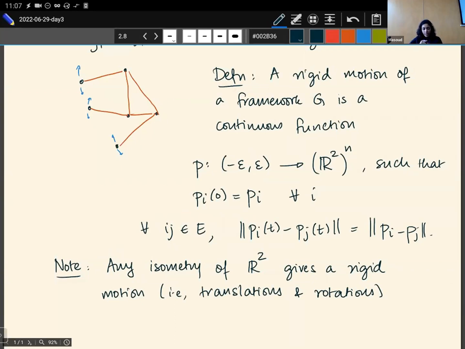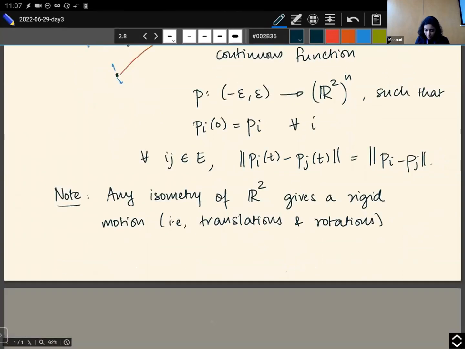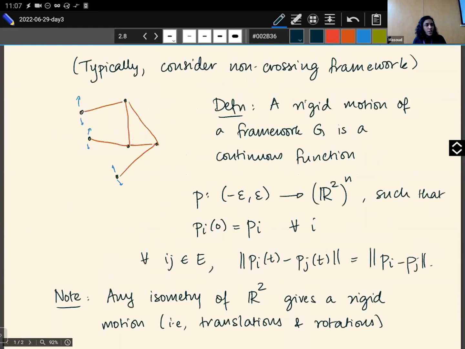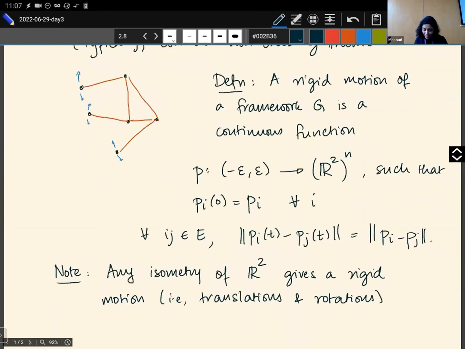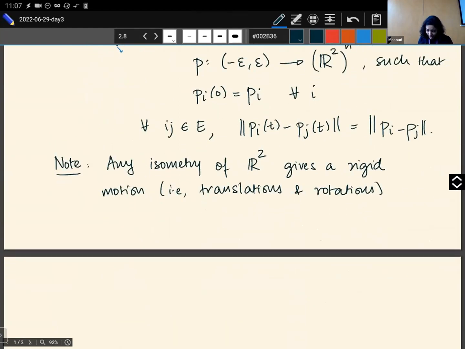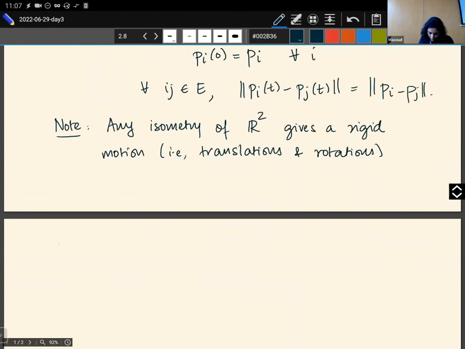So a rigid motion is really like a function in some local neighborhood of 0, okay? But I also want to think about an infinitesimal version of this. So that'll be like a derivative at time 0. So that's going to be an infinitesimal rigid motion. And of course, as you might imagine, it's much easier to think about because derivatives are easier than actual functions. So here's another definition. An infinitesimal rigid motion